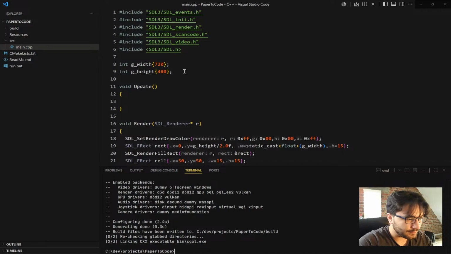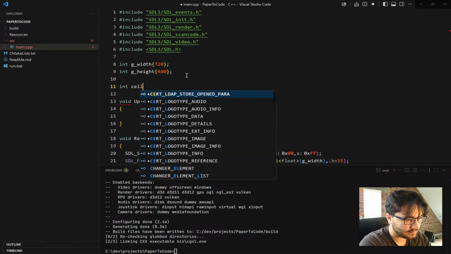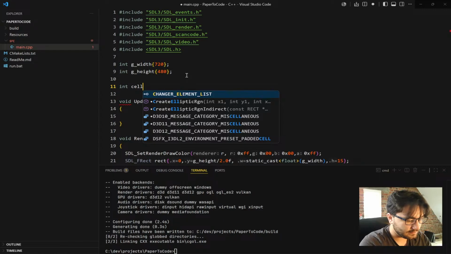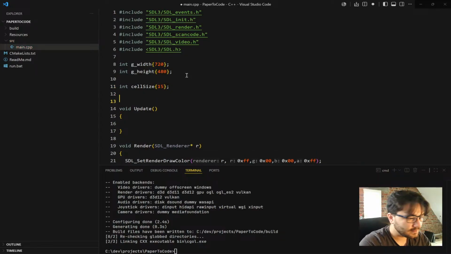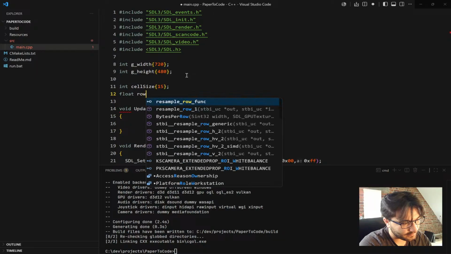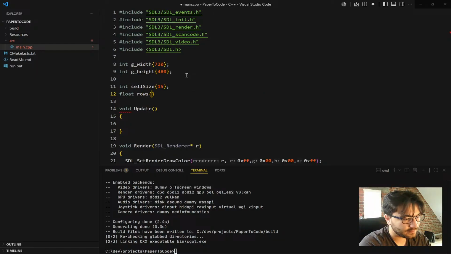Okay, so I go in here, int cell size, you can say it's 15, right? And then we float for rows. The number of rows is going to be the height